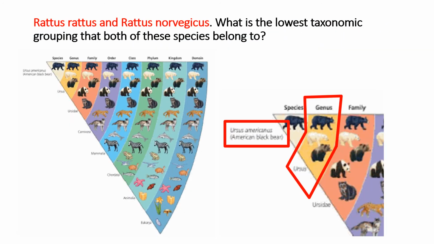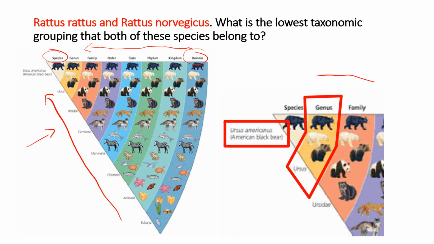So here you can see where you can find the answer in your textbook. If you remember this diagram, I don't want you to remember all these names. If you want to become a taxonomist, you will remember that by heart. But here I just wanted you to remember that there are different taxonomic levels. The domain is the largest one, while species is the smallest one. And if you go here to the genus, here they're talking about all these birds, the ursus, this type of birds, and they have